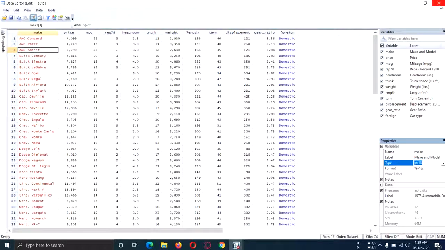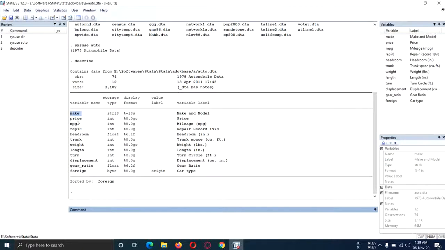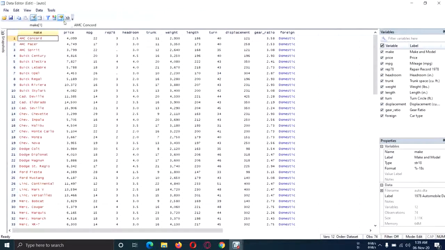If we go back, we can see the storage type of price and mpg is int. This stands for integer. What is an integer? Any numeric value which is complete, which is not in points. If you look at price, it is 4099, 4749.